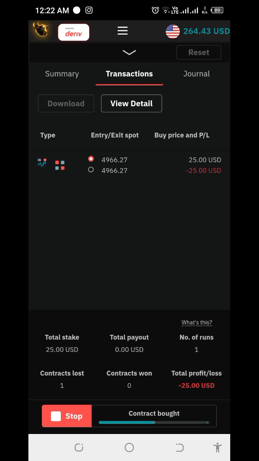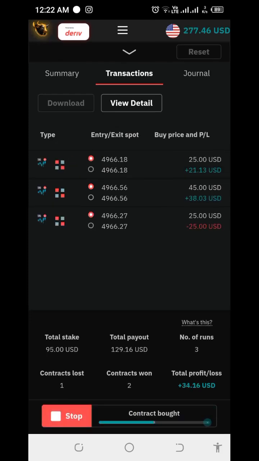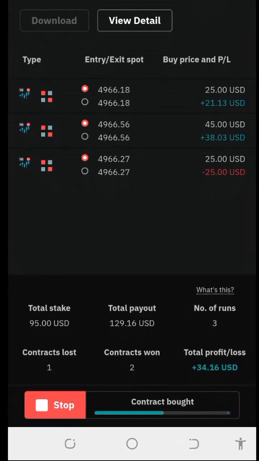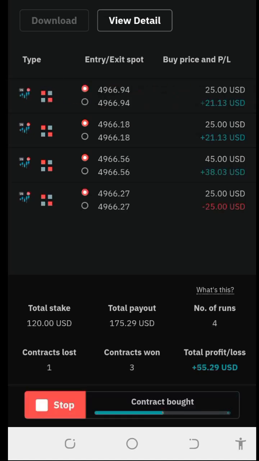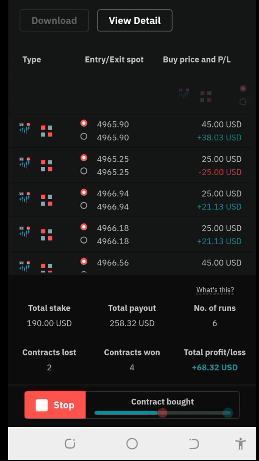First trade is a loss, yes. Look at the martingale factor set at 0.8. We've recovered. Third trade is a win. Fourth trade is a win. We're at $55 now. We have a loss there, but then of course you'll see a recovery, still in profit of $30. $68. We're targeting 75. And boom, we've made